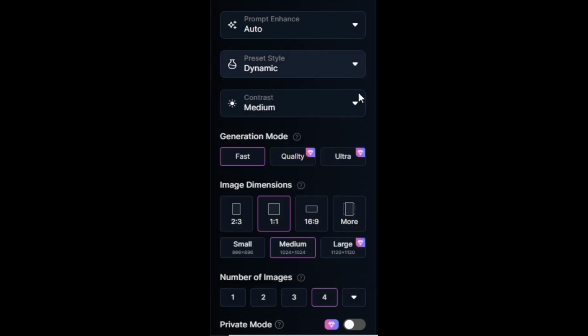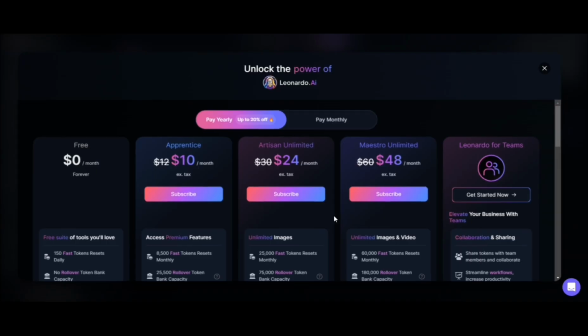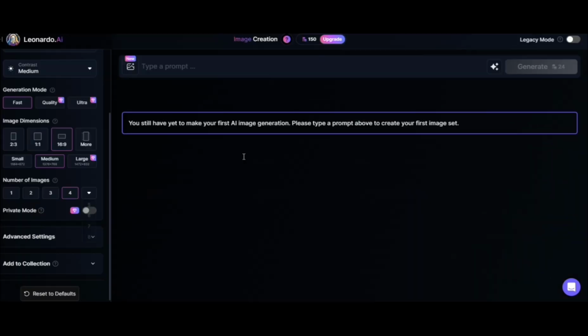So now it's time to write the prompt for generating the images. Also, you can generate up to 4 images, and if you want to generate more than 4, then you will have to pay for it, otherwise it is free. Okay,